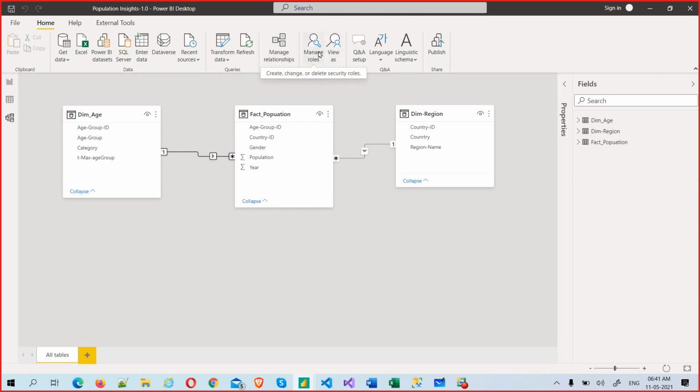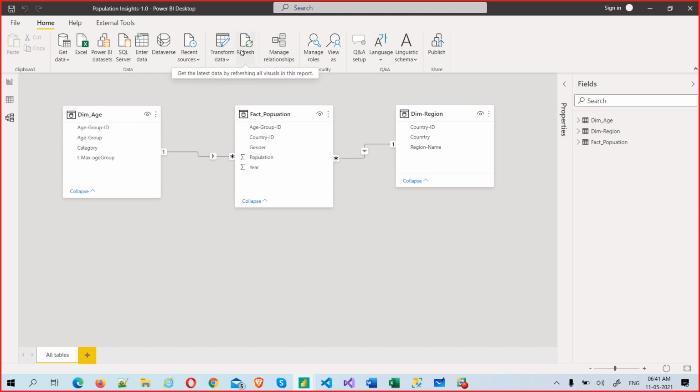Okay, active relationship. Languages also. This will change the language to any other language. Now here it's only English, but you need to go to data source settings and enable other languages, or import some other language schema, and then it will change automatically. If your customer is from Japan, they don't like English, they want their own language. In that case, you may work with this linguistic schema.